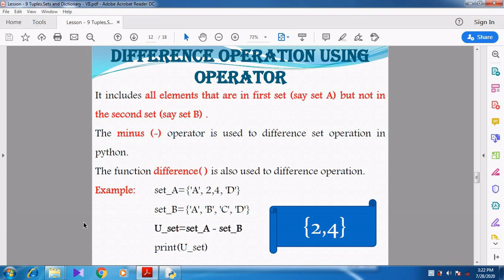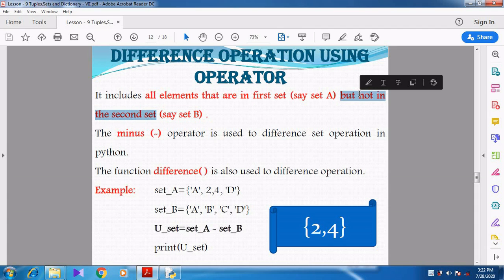Next we are going to see the difference operation using the operator. What is meant by difference operation? It includes all the elements that are in the first set, but we are not going to take the elements in the second set.